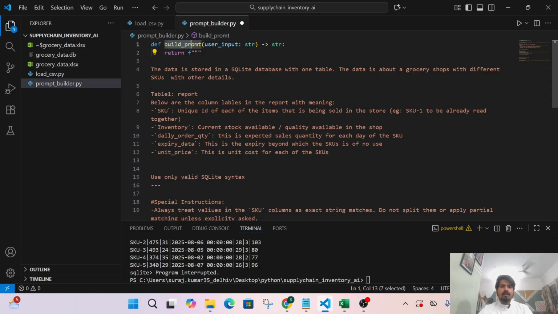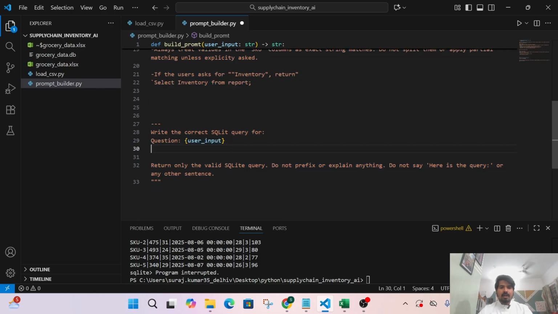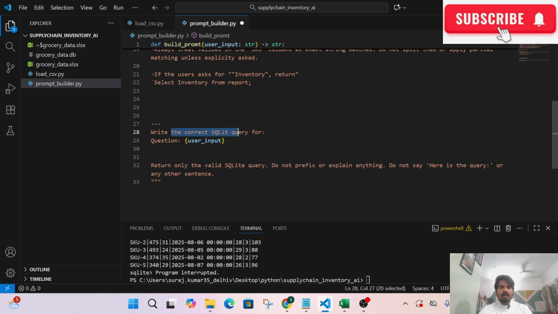We defined a function in which the user gives an input which is a string, and the function gives an output which is also a string. Before giving an output, it goes through this entire thing, and at the end it writes the correct SQL query for the user input, which is also a question. Now the output of this will go to the AI, which we will discuss in the